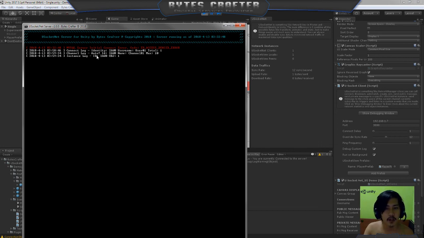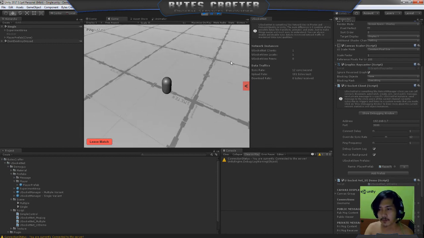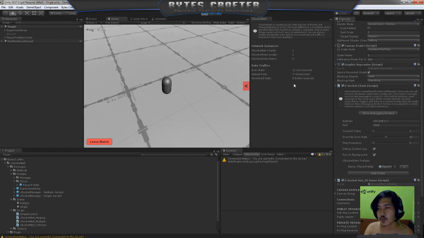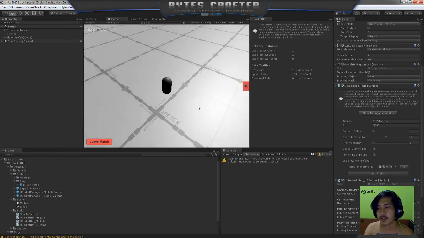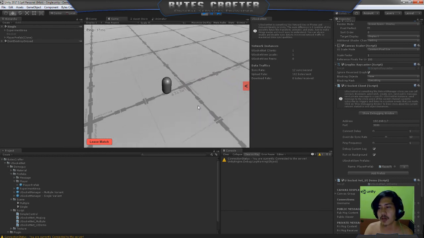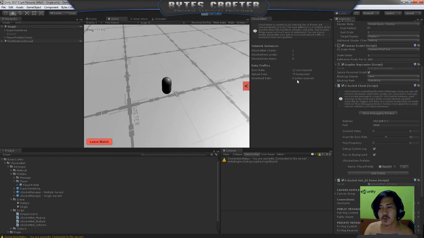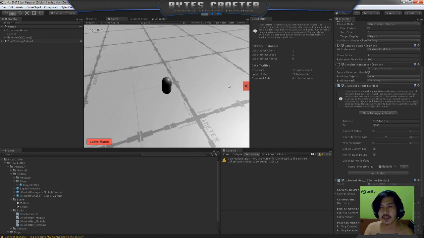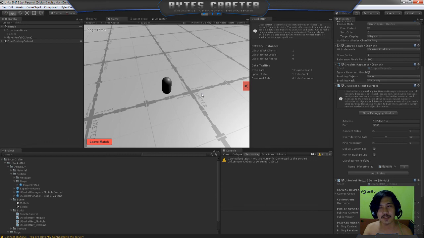Basically the ID of the channel is taken from the first user who created the channel and the number of objects. So every user can have multiple objects. For example, we will try later the multiple demo. As you can see, the sync rate is 12 syncs per second, and the current bytes sent is 102, an average of 80-90 bytes per second. But the download rate, as you can see, is 0 because there is no other client on the server.